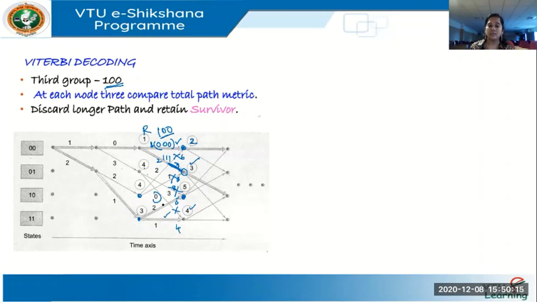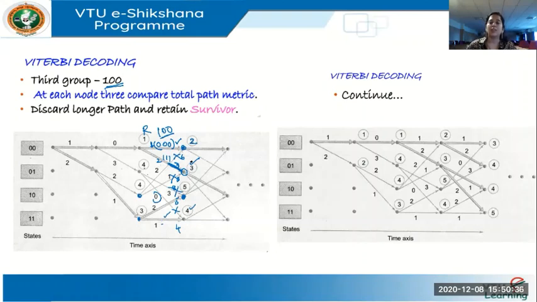Okay, all the paths which are going to be retained are shown in solid lines. Those are thickened lines, and those which won't be retained are shown in thin lines. This is how we are going to find the survivors. Among two paths reaching a node, one would survive, the other would go off. So you see the survivor paths are written.